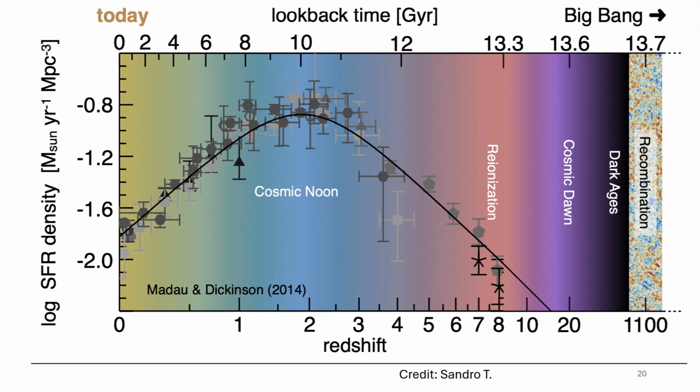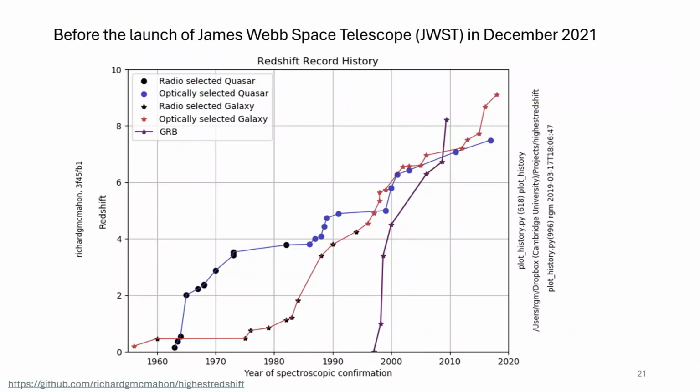Okay. So this is just a historical retrospective, and this is a plot that I made before, probably the dates on the plot actually. So this was before James Webb. This is showing you how the field has progressed since the 1960s in terms of finding high redshift objects. Because the motivation was to find objects that were young, you would look for high redshift objects. And there were different populations.